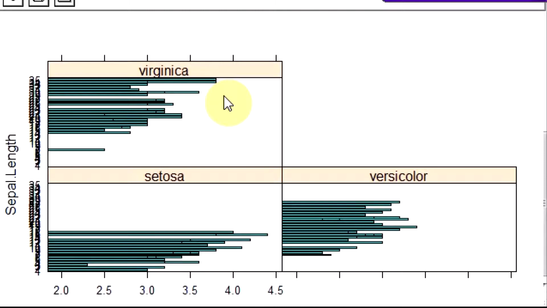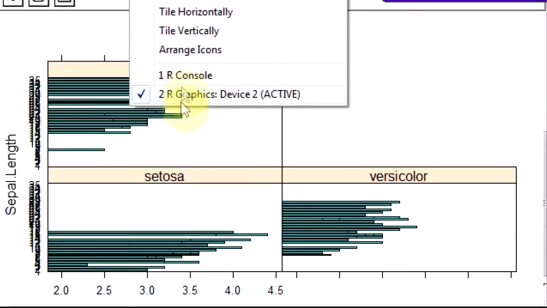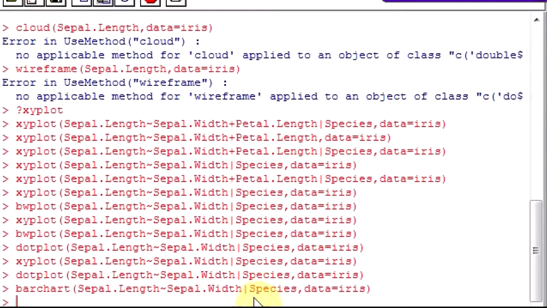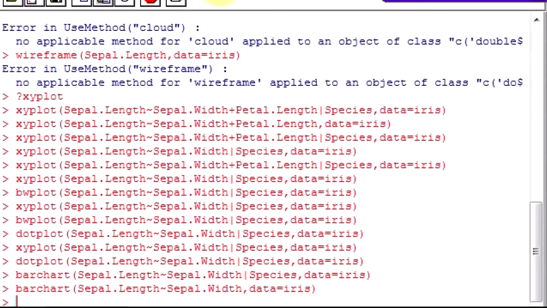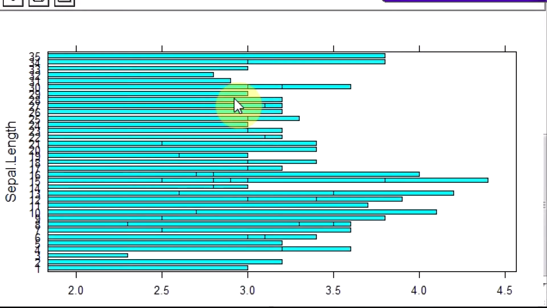What's the formula here? Bar chart. Notice at this point, this is species. I am dividing by species. Suppose I did not divide by species. This is how it would look, right?